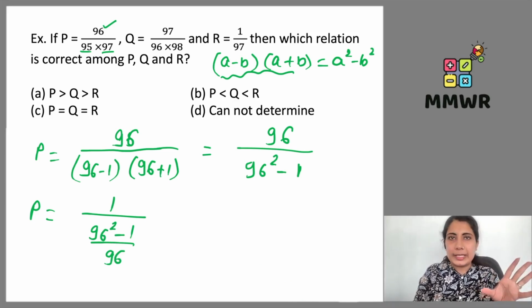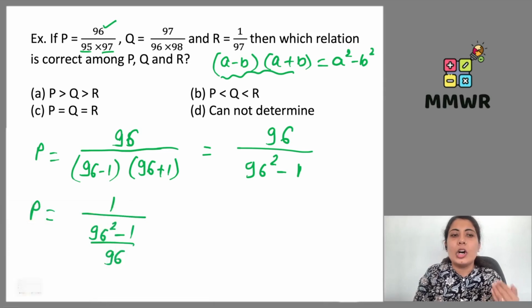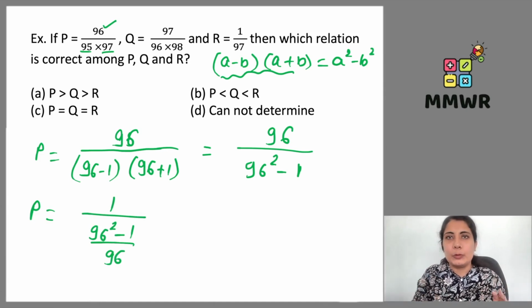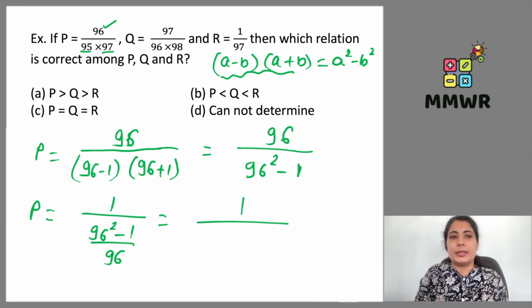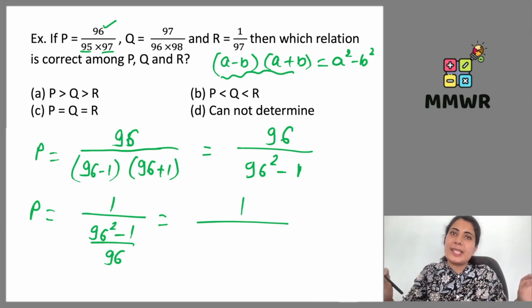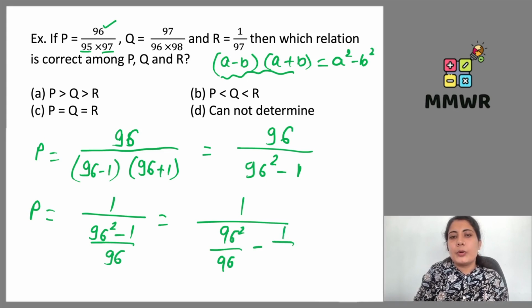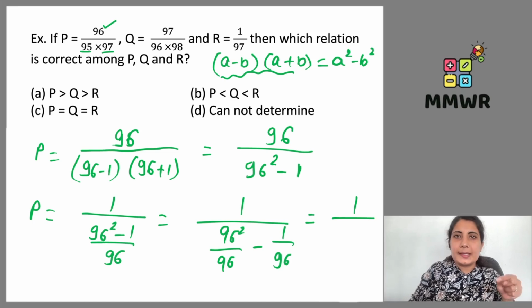इसको अगर मैंने सॉल्व कर भी लिया, आई नो हाउ टू फाइंड अ स्क्वायर ऑफ एनी नंबर विद अ शॉर्टकट ट्रिक, पर उसके बाद में भी इट वोंट बी हेल्पफुल फॉर मी, क्योंकि फिर मेरे लिए तो डिफिकल्ट सिचुएशन हो जाएगी, राइट. सो 1 अपॉन, नाउ आई एम गोइंग टू स्प्लिट दिस 96. जैसे एलसीएम में सब जगह डिनोमिनेटर सेम होता है तो हम कॉमन डिनोमिनेटर लिख देते हैं, वैसे ही डिस्ट्रीब्यूट भी कर सकते हैं. सो 96 स्क्वायर अपॉन 96 minus 1 upon 96, which is equals to 1 upon 96 square